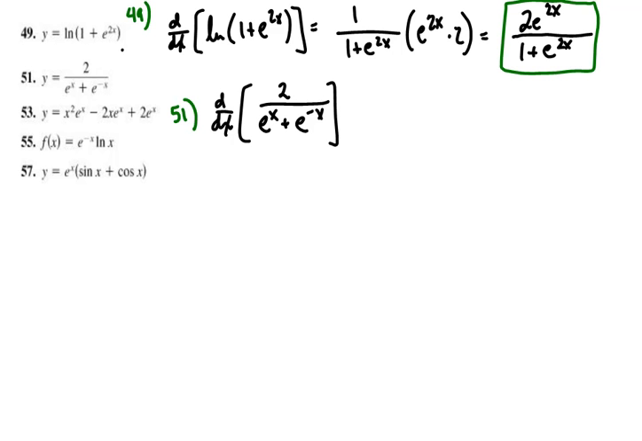All right, with number 51, we really have a quotient rule here. I guess you could say it's a reciprocal function also, but if we treat it as a quotient, that should be fine. We have low d high, and because the numerator is a constant, the derivative of the numerator is going to be 0, so that whole first term will come out to be 0. Then it will be minus